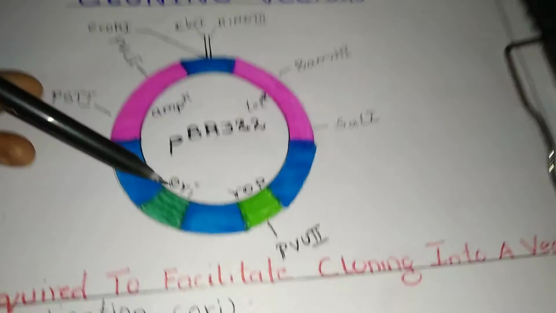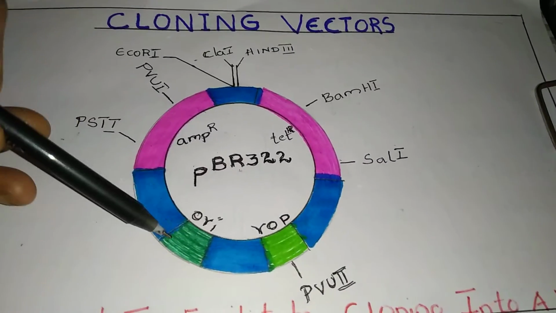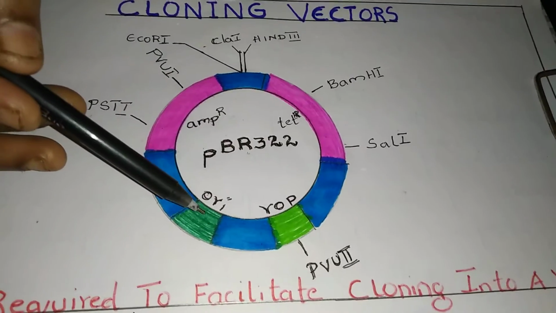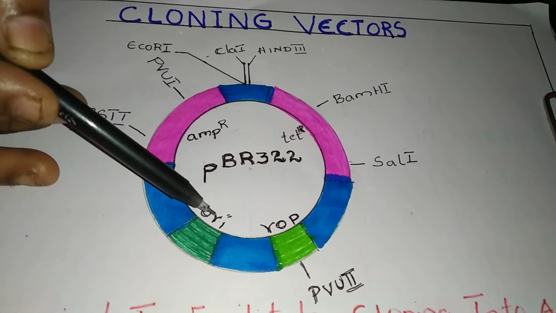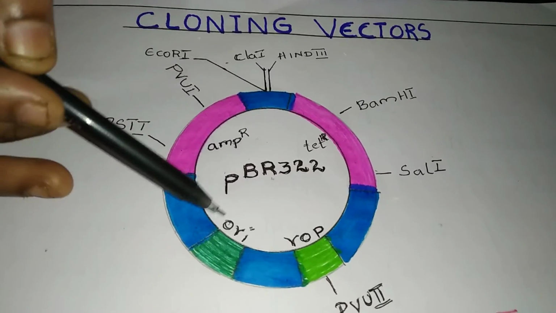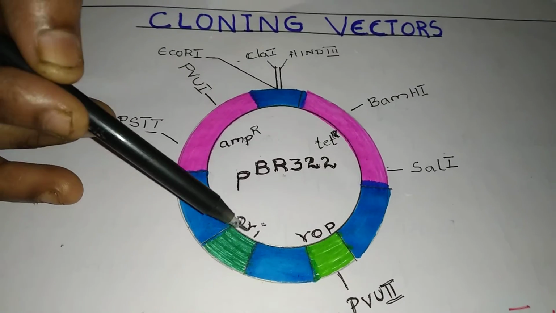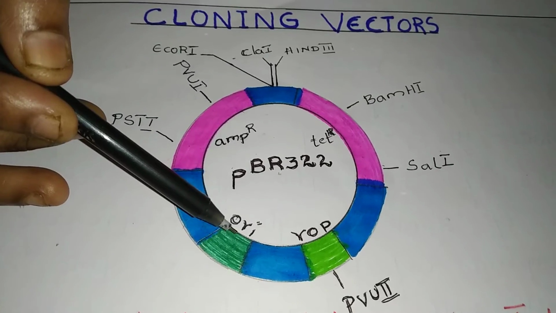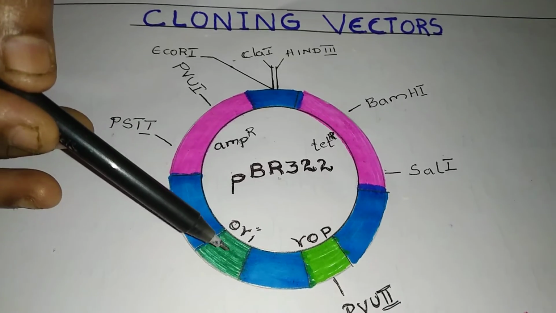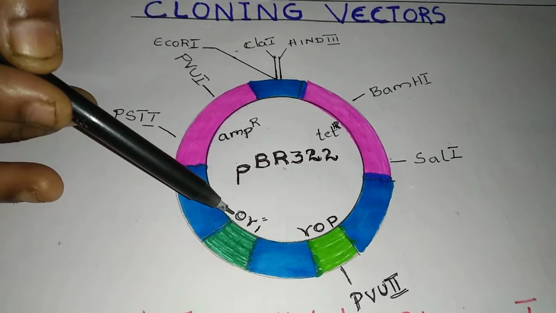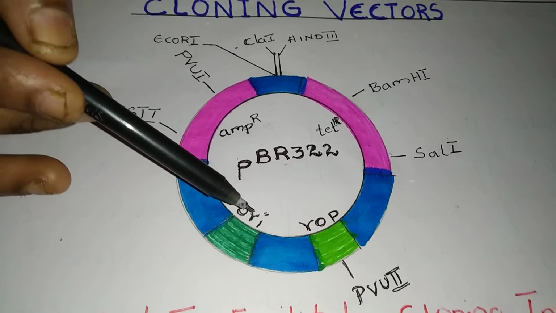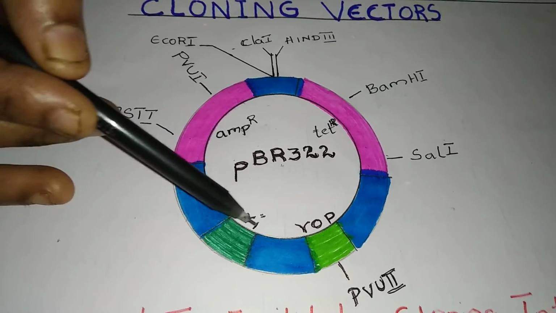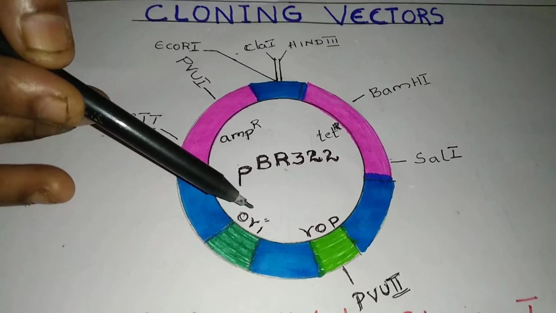So now we are going to see the first one, that is the origin of replication. This is identified as ORI. Any foreign DNA, if it gets ligated to this ORI, then it begins to replicate. The foreign DNA is going to get replicated in the host itself. And this ORI is responsible for the number of multiple copies of the DNA that are produced. The number of copies produced is regulated by this ORI, which is called the origin of replication.